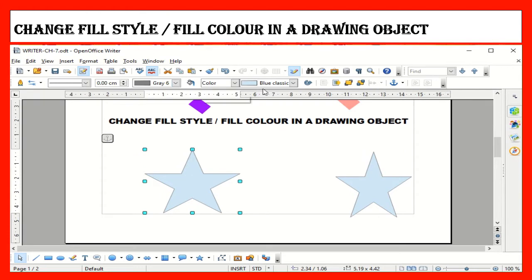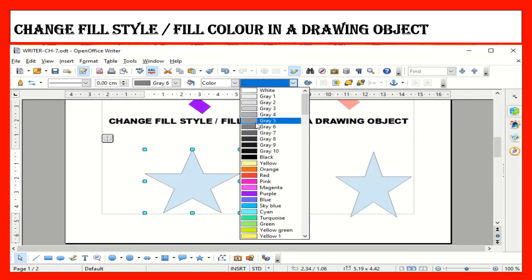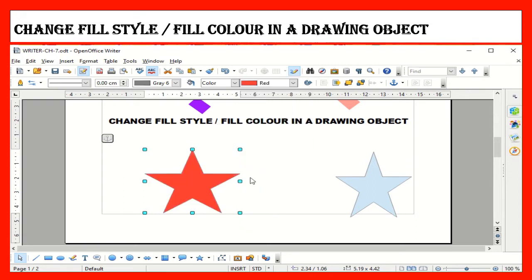Select the object. Here, could you able to see the drop down list, area style? So, either you can select color, gradient, hatching or bitmap. Say for example, I am selecting color. Select any of the required color. So like this you can change the fill style or fill color.